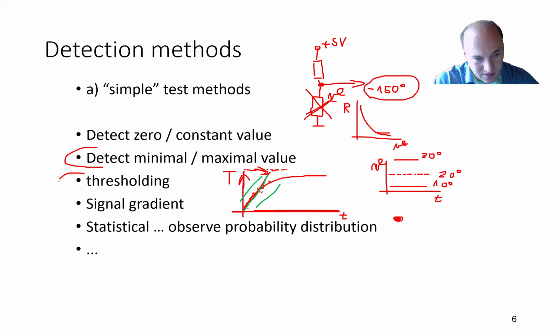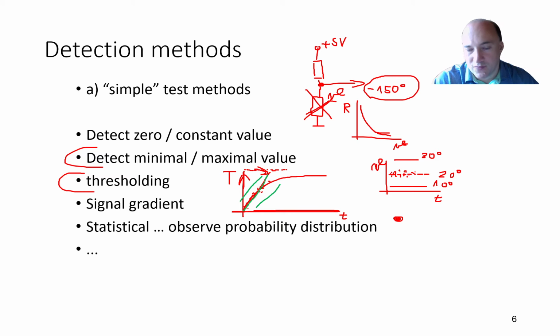A very similar case is thresholding. This is basically the same stuff here. You are watching if you are in the correct interval, and you may also watch for this interval for some given number of samples. So for example, let's say here you have your samples like this, that's your measured temperature,